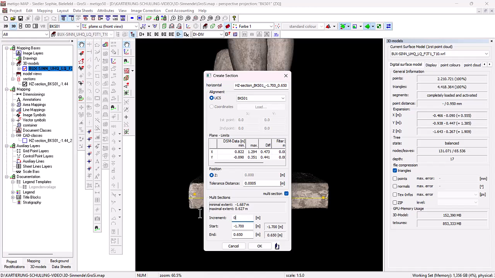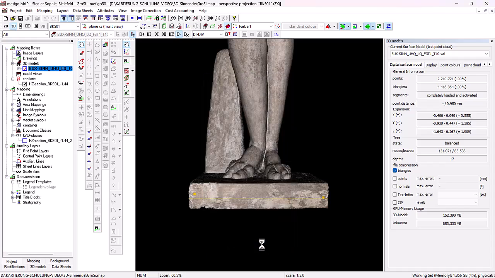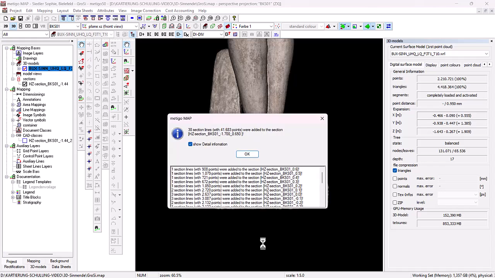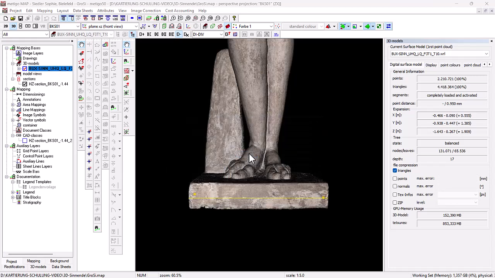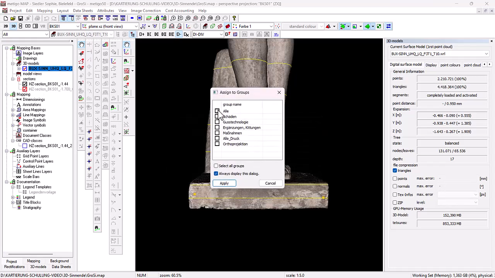For this, I enter 0.1, so that it creates a section every 10 centimeters across the entire coordinate area. And I say OK. I get to see how many lines in which section were created